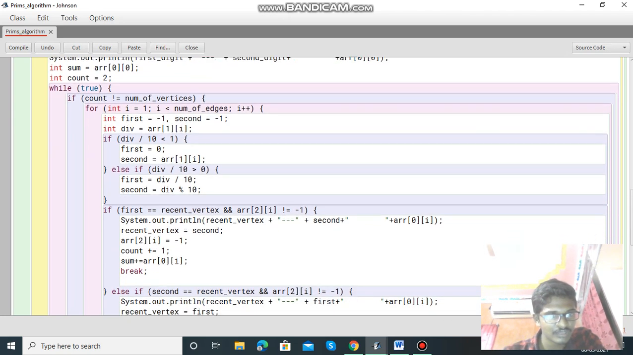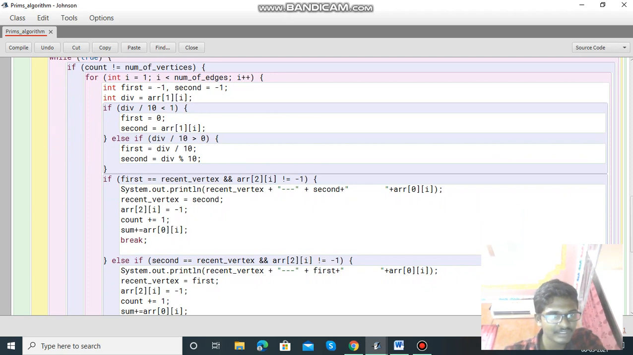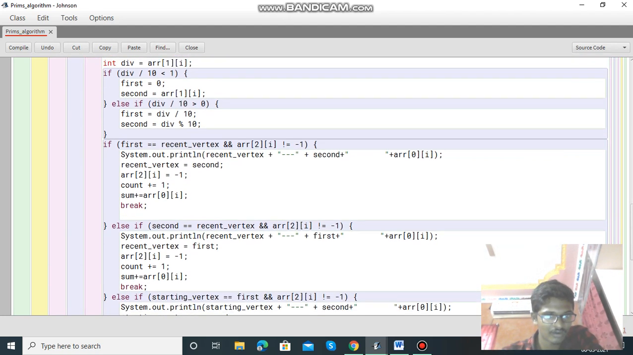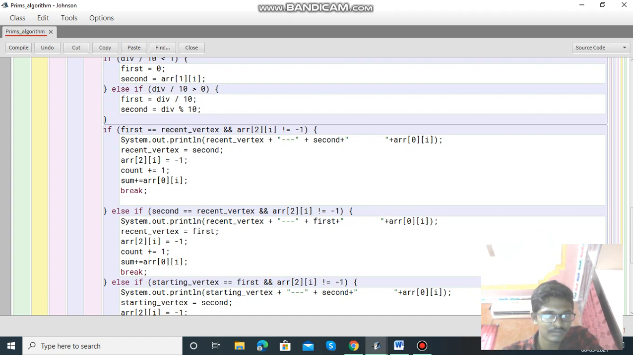for loop, int i equals 1, i less than number of vertices, i plus plus, int first equals minus 1, second equals minus 1, division equal to array of 1 into i. If division by 10 less than 1, first equals 0, second equals array of 1 into i, else if division by 10 greater than 0, first equals division by 10, second equals division percent 10. Then if first equals recent vertex and array of 2 into i equals minus 1